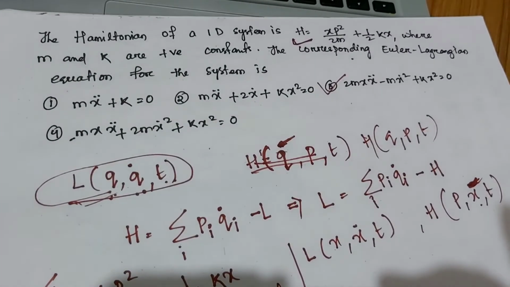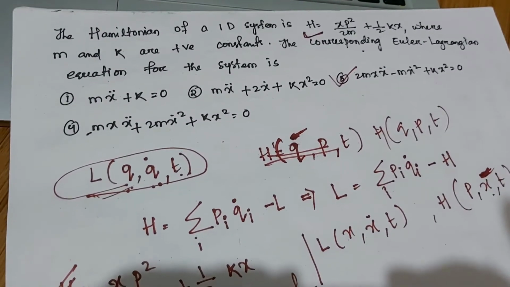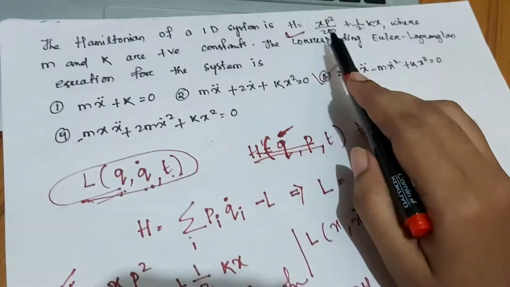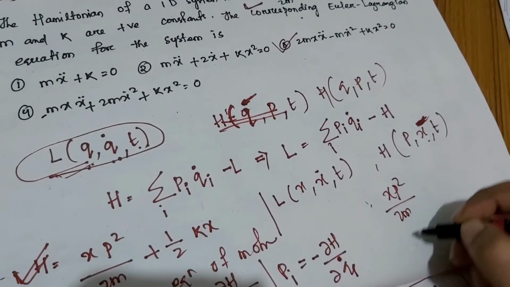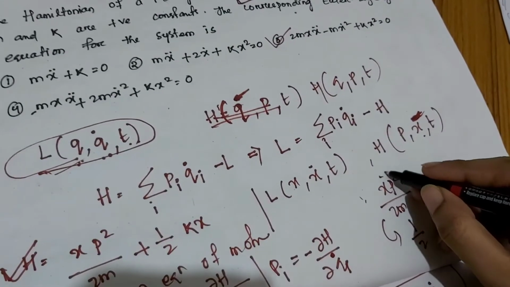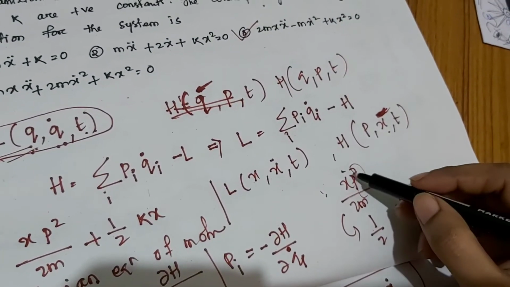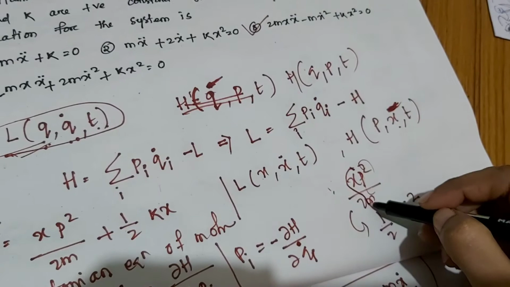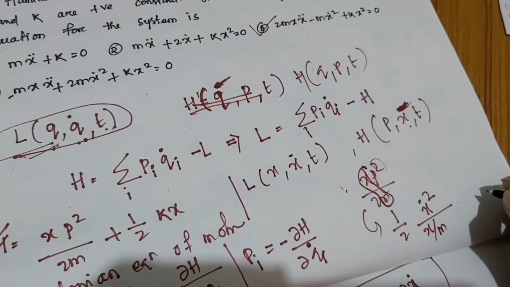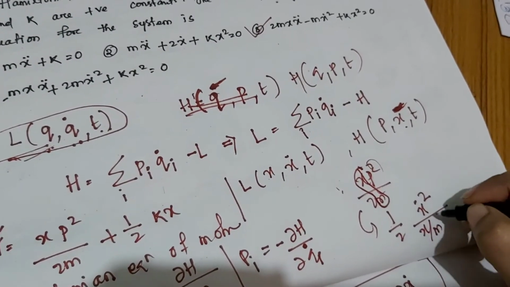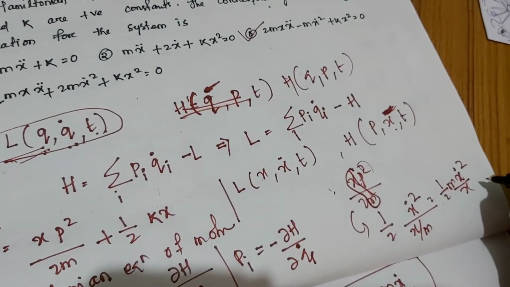Okay, one more thing, I will give you a hint that you don't have to do this much to find out the Lagrangian from the Hamiltonian, or the Hamiltonian from the Lagrangian. So you can see, if you have to keep the 1 by 2 here, where p²/2m is there, you have to take out the half and write ẋ² in place of p². Rather than that, whatever is there, we have to divide that one. So if I divide by x, this becomes half m ẋ² by x.